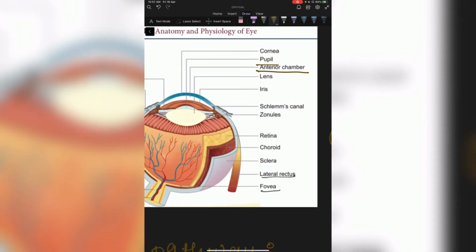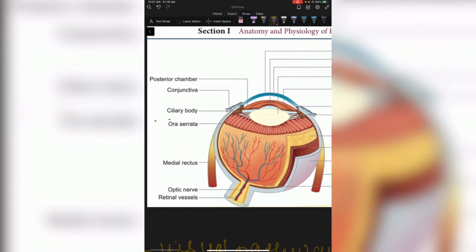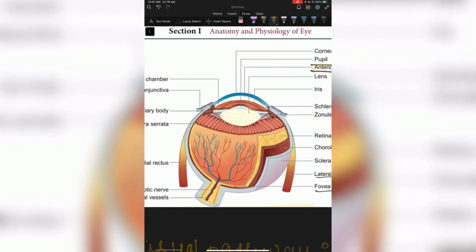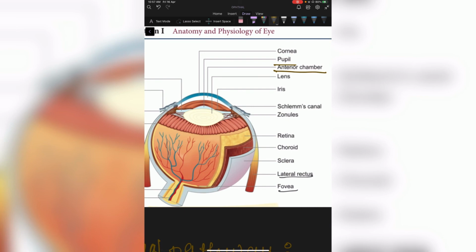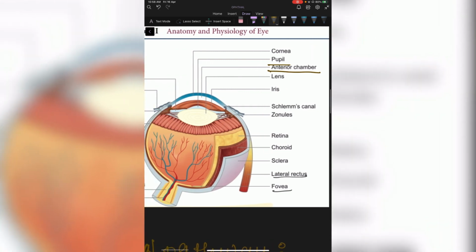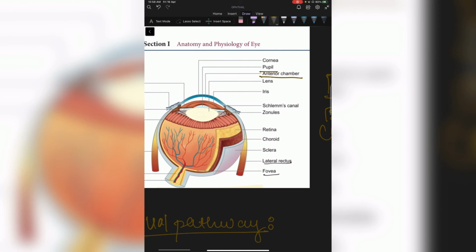Both the anterior and the posterior chamber hold your aqueous humor. The anterior segment entirely holds your aqueous humor, but it is divided on the basis of the structures. So the anterior chamber is shallower in hypermetropes and deeper in myopes, and normal in normal people, of course. And the lens is a crystalline proteinaceous substance which can undergo changes during cataract and become cloudy.